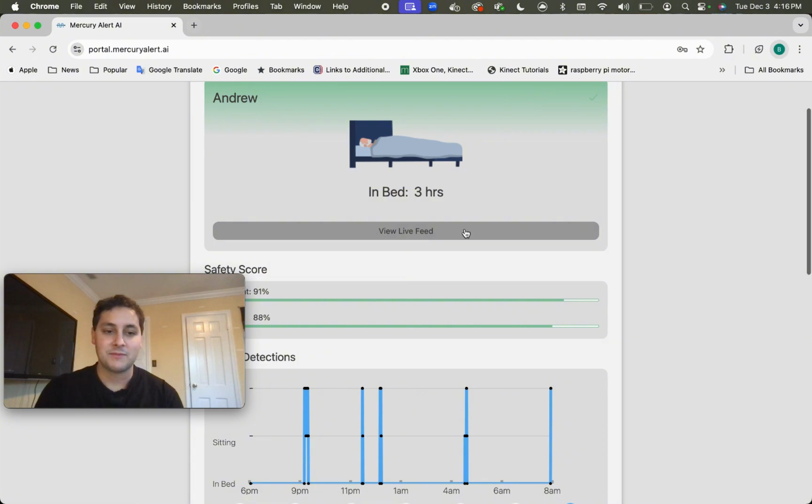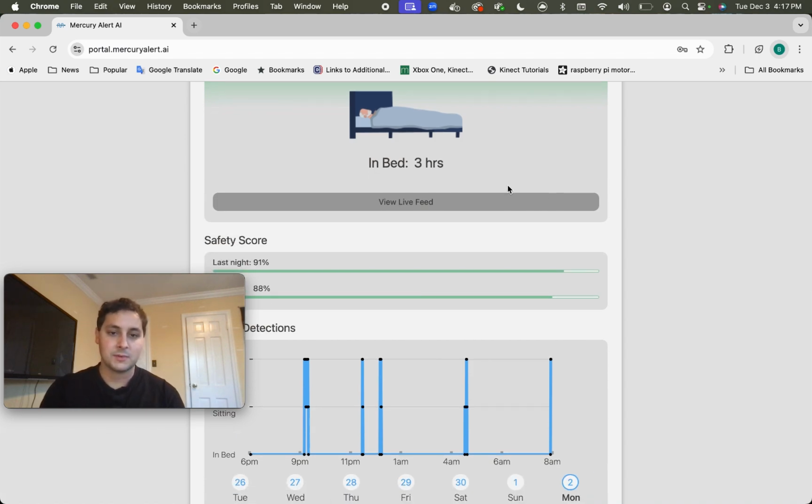Some families have wanted to view a live feed into the room, so the flow for that is if someone falls, they get a phone call saying that their loved one had fallen. They can open the mobile app and they can view a live feed and see that their loved one had fallen in a certain area of the room and respond accordingly. Others don't want access to this feature, and so we disable it depending on that need or use case. But you would just click it in here and be able to